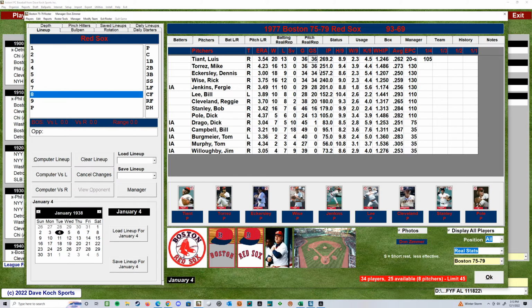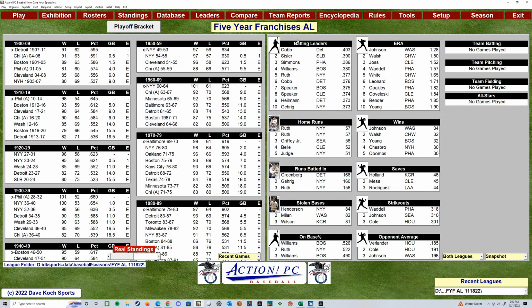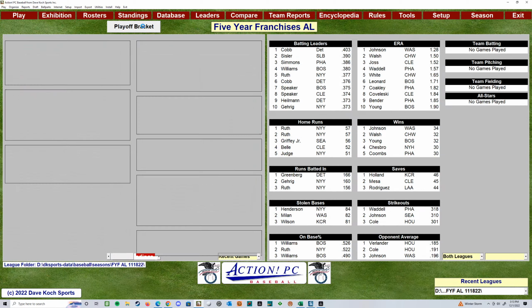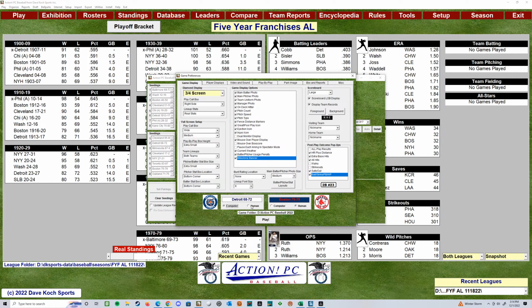So Tiant is probably going on game started, right? The computer manager's probably looking at this going, hey, these two have to get off because they're 36 starters. Eckersley's got to be the next game for sure. So let's see. Now the nice thing is once it's created the bracket, I can just go click on that bracket. What else we got here? Set it up to play. Let's do it on computer.